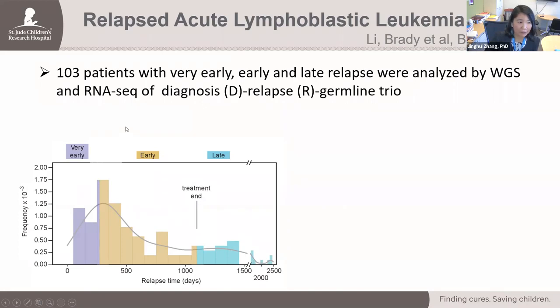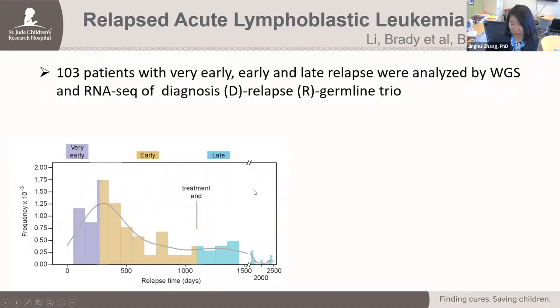These patients can be divided, based on the time of relapse, into 3 groups: very early relapses, which occurred before 9 months; early relapses, between 9 to 36 months, which is before the end of treatment of leukemia;